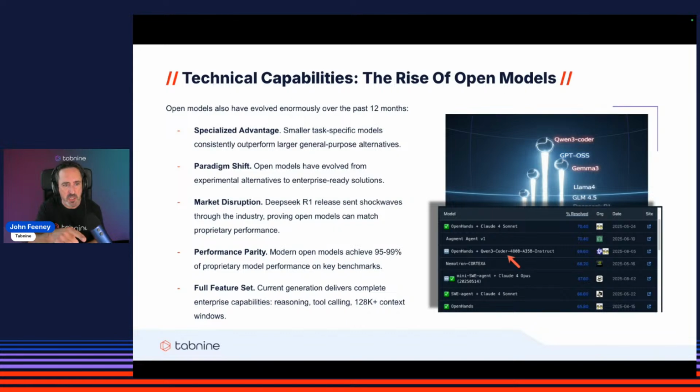This screenshot here is from SWE-bench, and I'm going to take Qwen3 Coder as an example. They're showing that these models, when they're married with the appropriate interface and the appropriate logic, produce outputs extraordinarily close to those from the proprietary models.